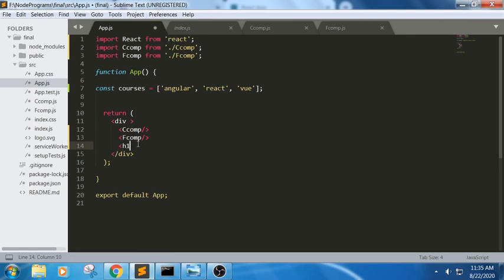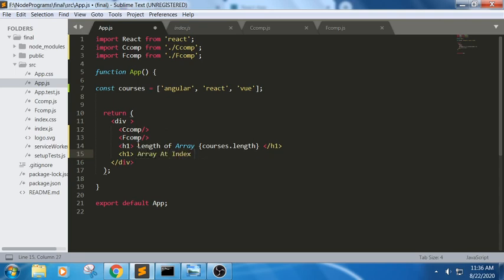for example, I want to display the length of this array, as we have in JavaScript, array.length. In the same way, we can also use courses.length here. Next, for example, if I want to display an index value, array at an index, I'm just trying to write it like this: courses of, similarly how we used to write in JS, in the same way we can write.